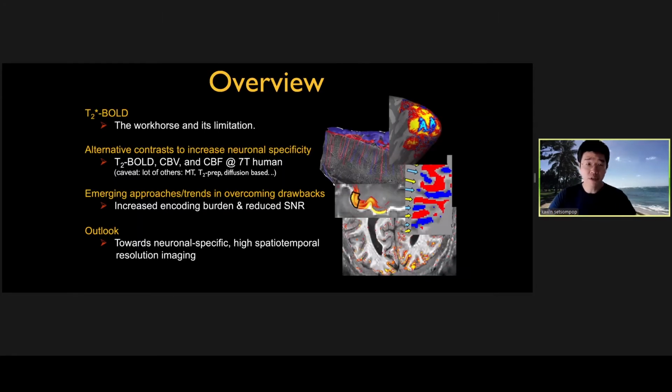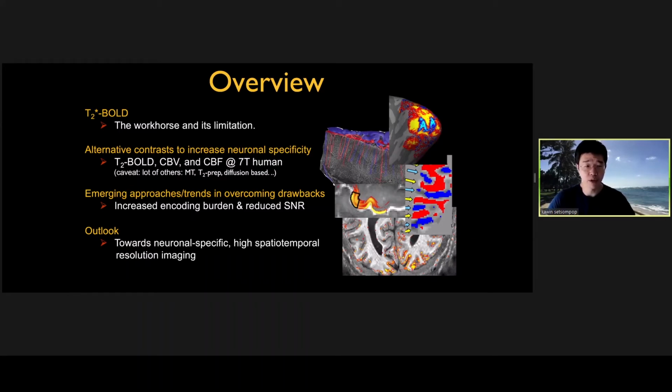As an overview of this talk, first, I'll go over the classic T2*-BOLD sequence, which is the workhorse sequence for functional MRI, describe to you its main limitation in terms of limited neuronal specificity, then talk to you about some alternative contrast encoding mechanisms that can help us overcome this issue, particularly with T2-BOLD, CBV, and CBF, while concentrating on looking at work that has been done at ultra-high field on human imaging, where there is sufficient SNR to push